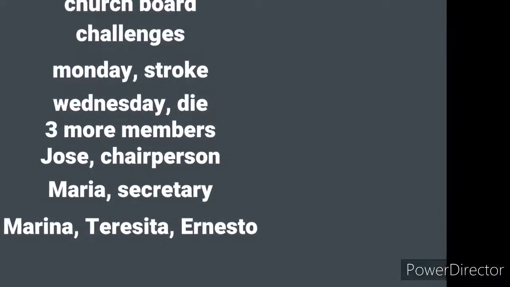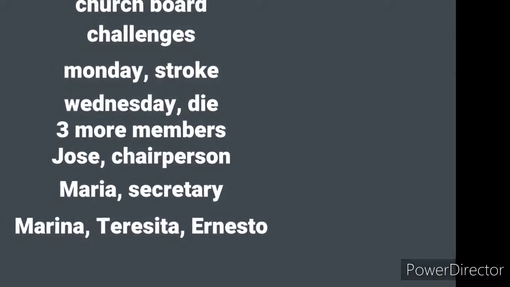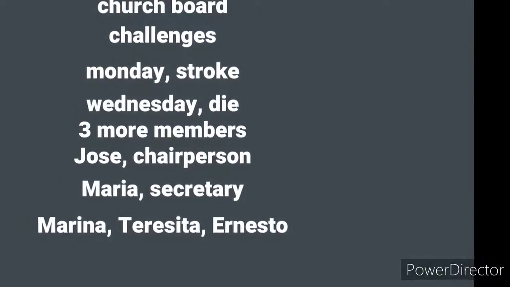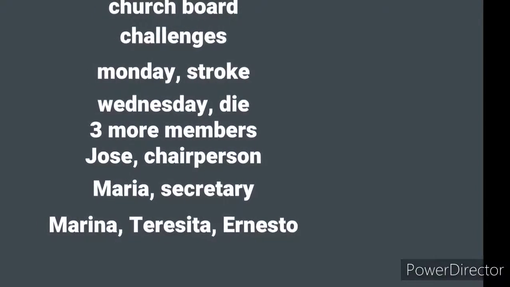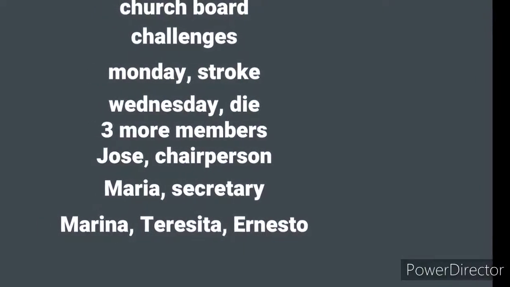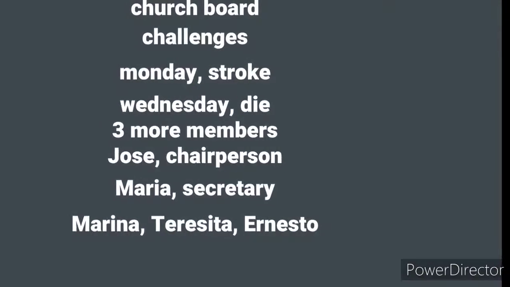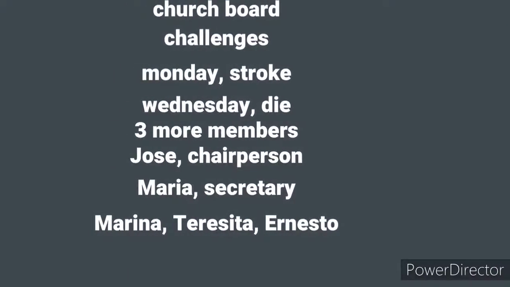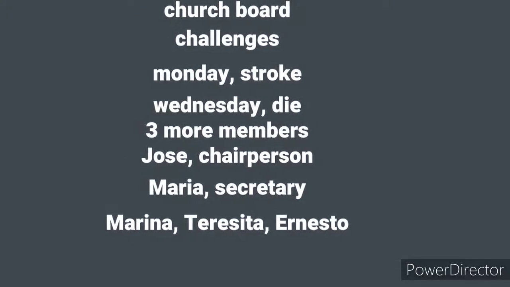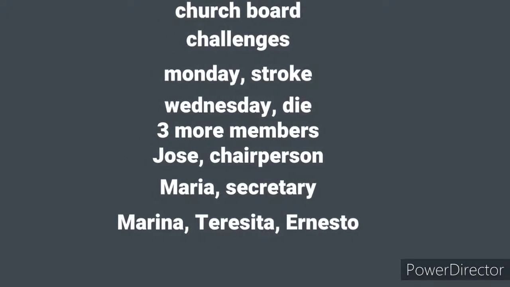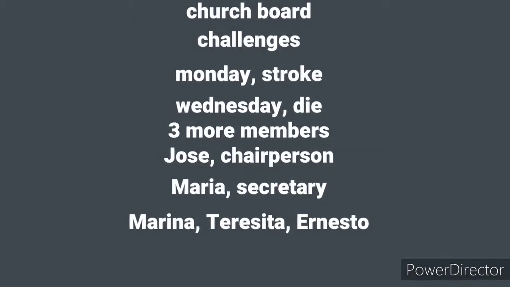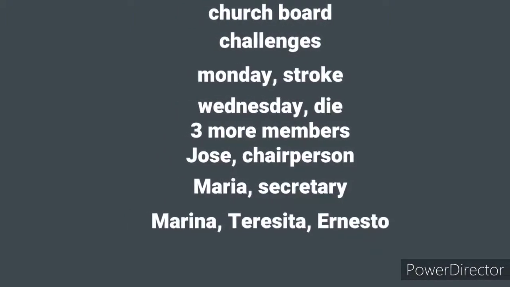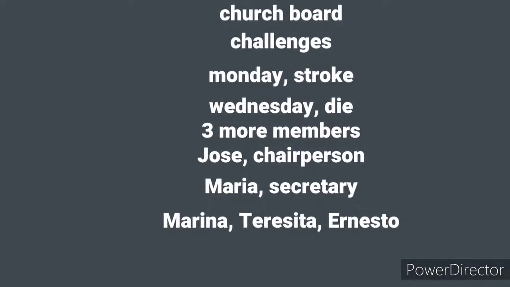The board had been working to establish a second church of that diocese in Imus, following an unpleasant church split 2 years earlier. The new church had just gotten off the ground when these tragedies occurred. But the members committed to their project decided to keep the church going. The board elected Jose, a lawyer, as chairperson. Maria, a widow whose husband had been a minister, agreed to serve as secretary.